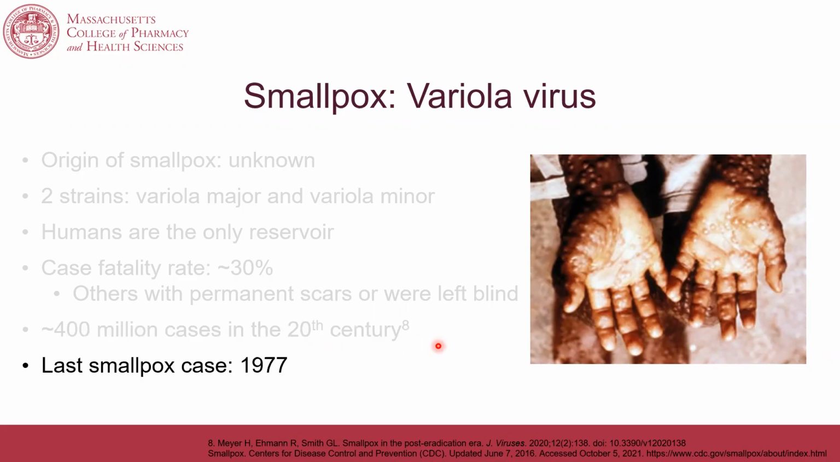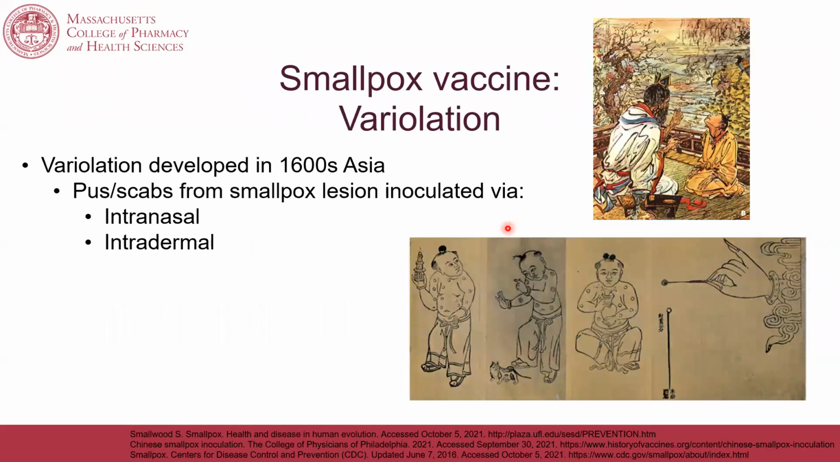The last smallpox case was in 1977, which we'll go over in a little bit. But let's talk about the smallpox vaccine. The first vaccine method was called variolation. And this method was developed in the